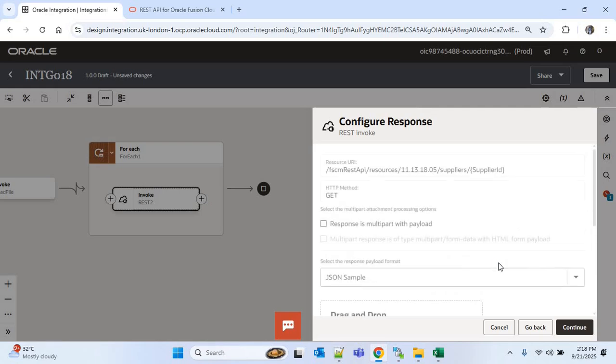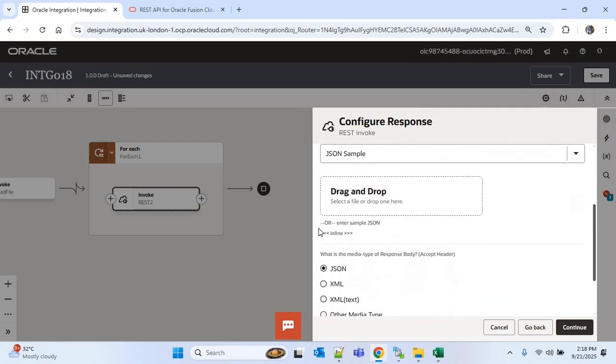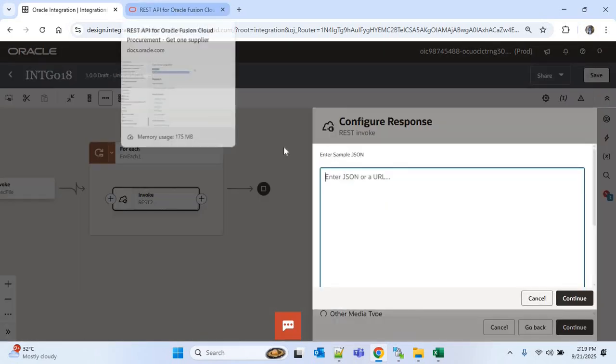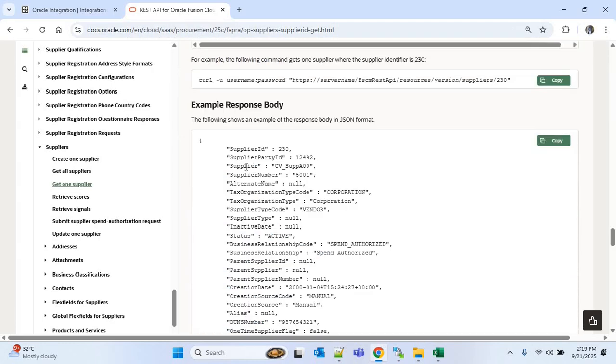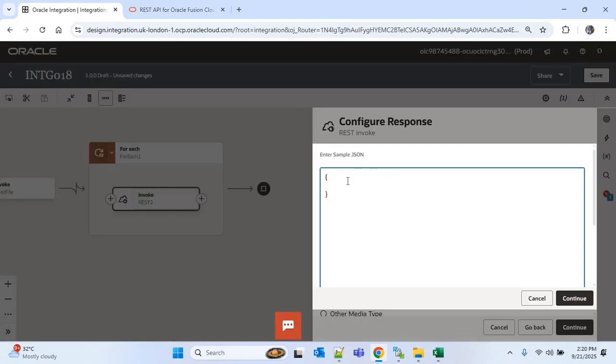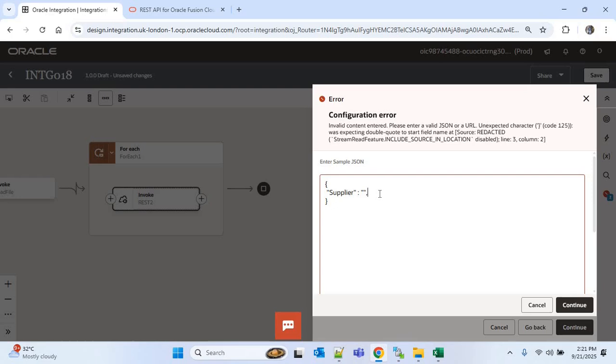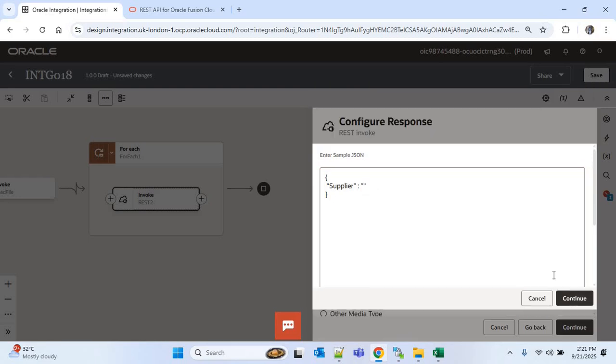Now continue. Now here we have to configure the response. For that I'll click on inline. Now I'll go to the REST API page and go down. In the example response body, you can see to get the supplier we have to use this attribute, which is supplier. So I'll copy this, and within curly braces I'll paste it. So this is the sample supplier name. You can also make it blank. Now I'll continue. Here we have to remove the comma. Now continue,